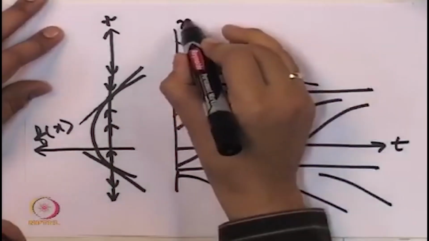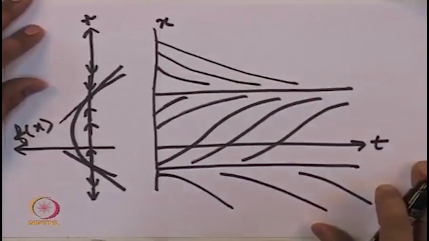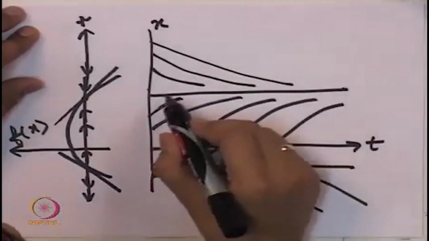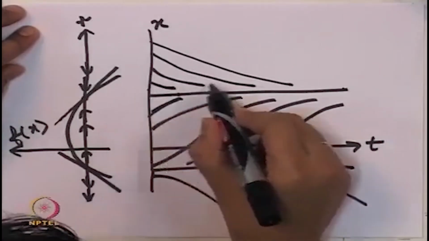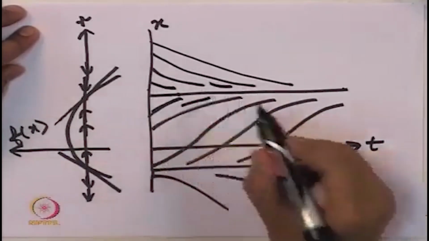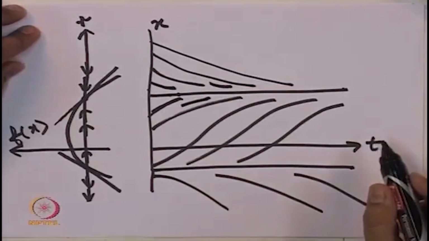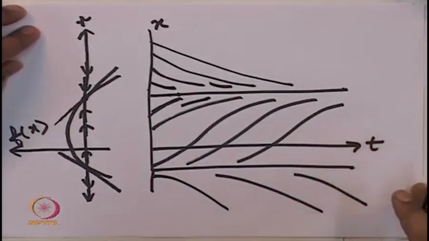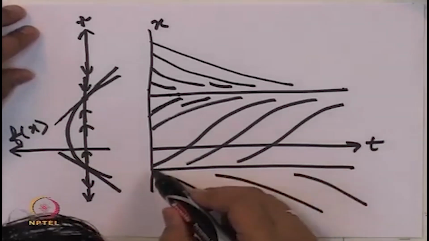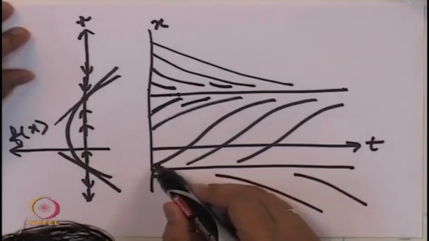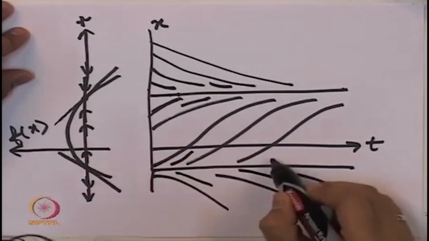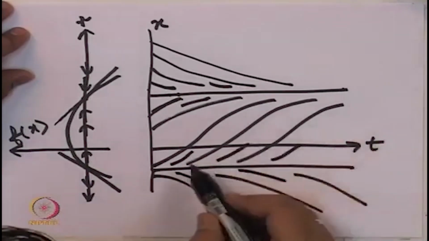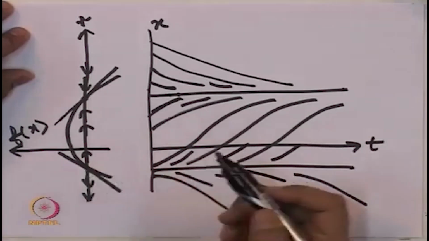This is a graph of x versus time t. The fact that this equilibrium point is stable, why? Because trajectories close by are coming towards this. We would like to define this as asymptotically stable in the sense of Lyapunov, which we will do after a few lectures. On the other hand, this one is unstable because there are small perturbations near it which are going to take the trajectory away from this equilibrium point,